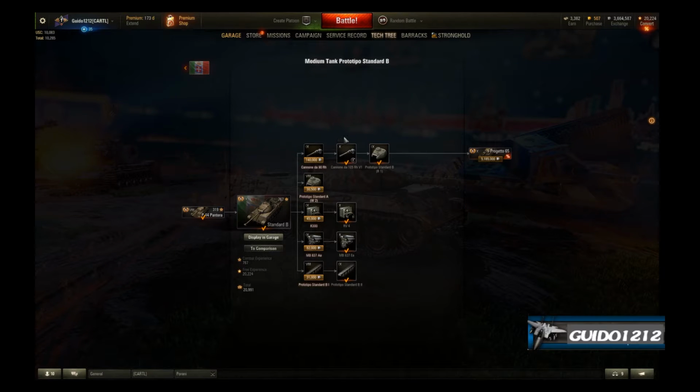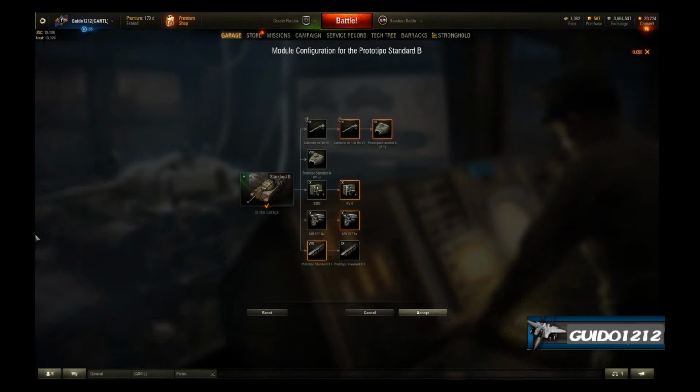Really, the 360 helps this thing shine, and that's the gun you really should be running in your Standard B right there. I won't get into this too deeply, but it is possible to load up most of this, get the turret and the gun without worrying about the tracks on this, as I recall. I just wanted to confirm with you here, just so you know, because I've put vert stab, gun rammer, and